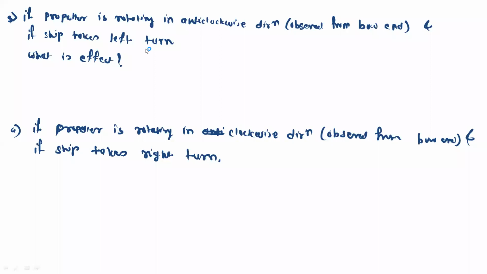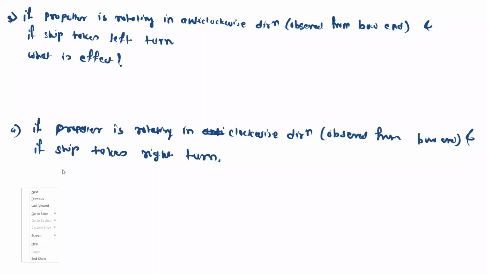So the third condition is if the propeller is rotating in the anticlockwise direction, which is observed from the bow end, and if the ship takes the left turn. So what is the effect? Effect means we have to find out the direction of the gyroscopic couple, and then the effect will be whether the front end will move in the upward direction or